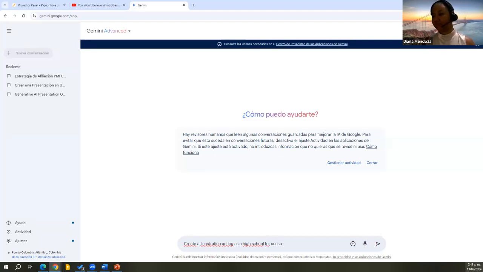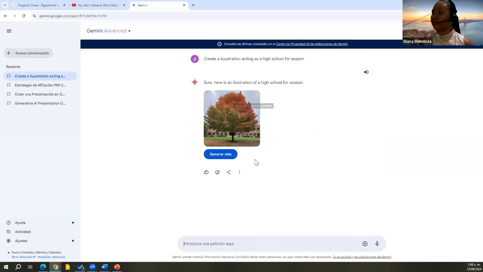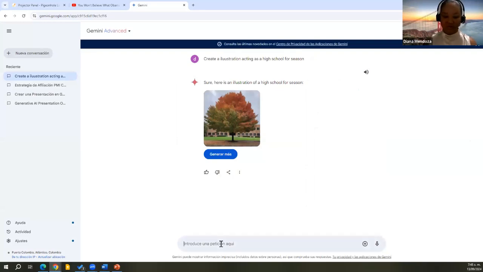Gemini can create images. Also ChatGPT 4 has the ability. I made a typo there, but I think it is able to create the image. So I asked, acting as a high school student, I missed that, create an image for seasons. Then we have this here. So if we want to modify it